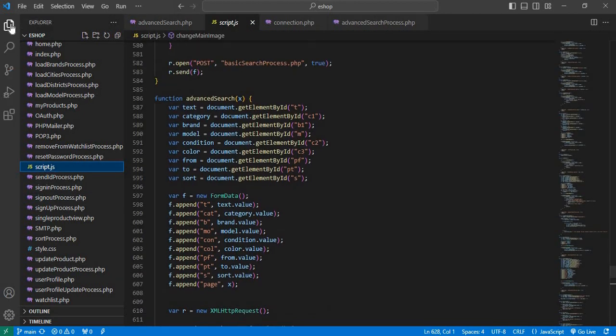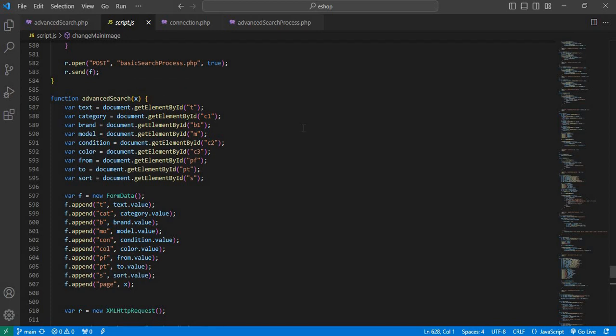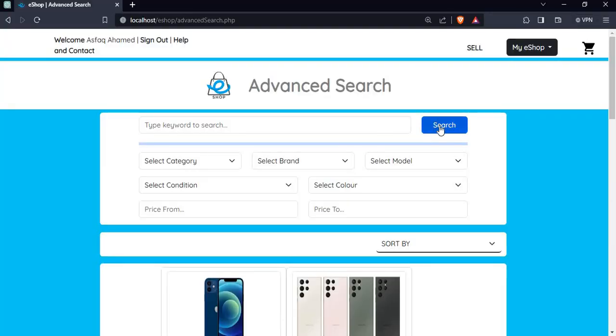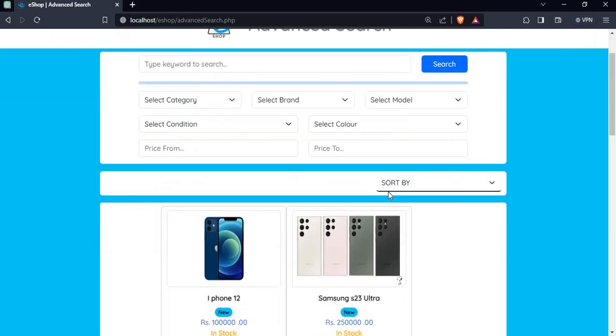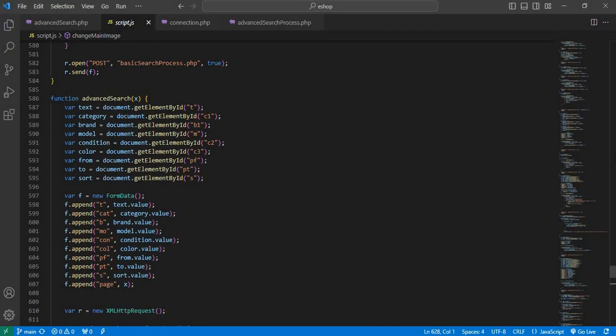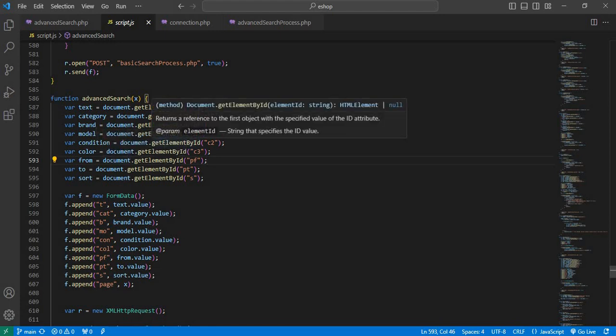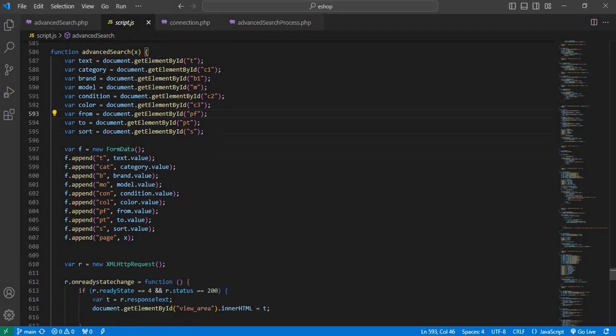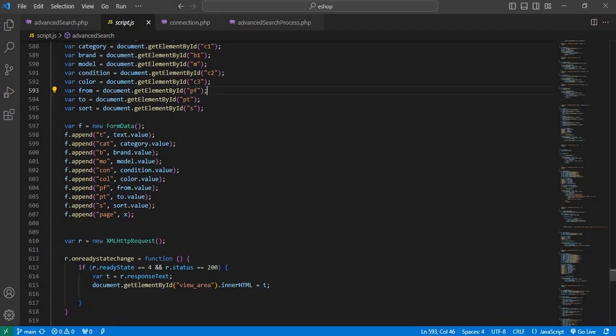So here's my function advanced search, which is started by clicking the search button in this design. So here if I click search, the products will appear. Now here I have not searched by any conditions, so all the products will be shown in my view area. So in the function, I have received the page number as X. Here I have taken the relevant IDs with the relevant variable names, and here I am sending the relevant variables, that means the relevant IDs,